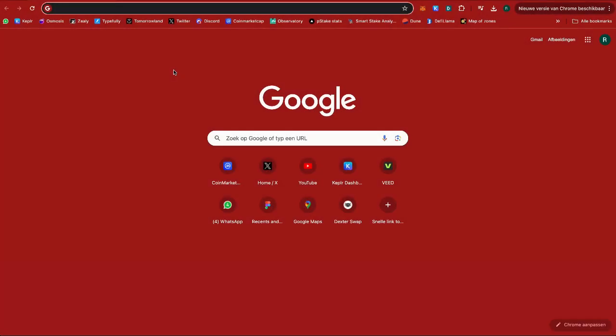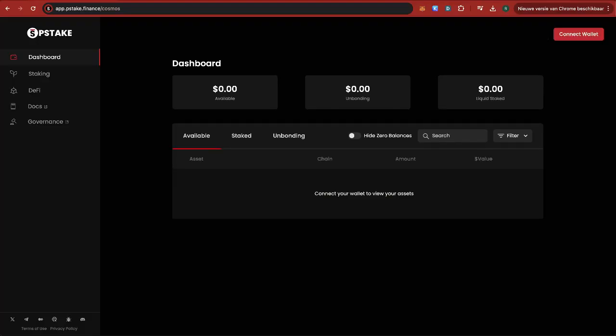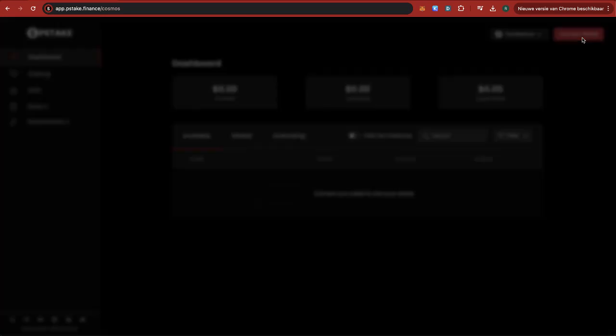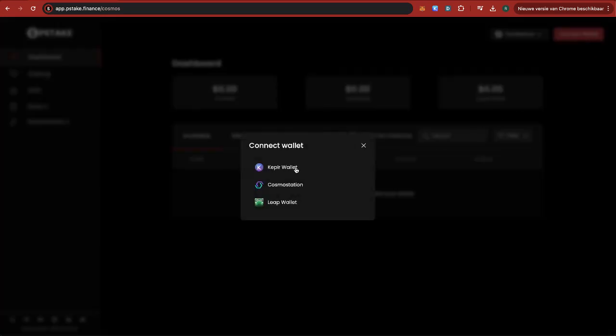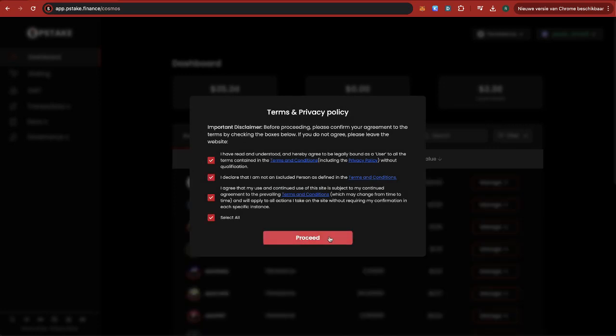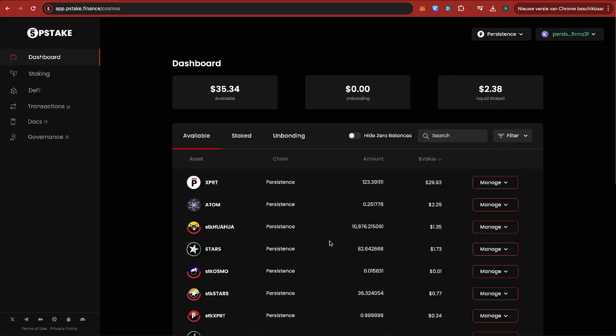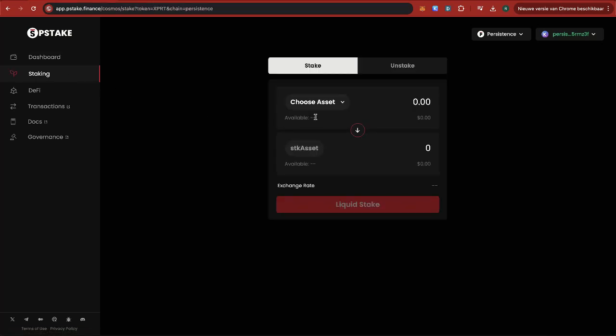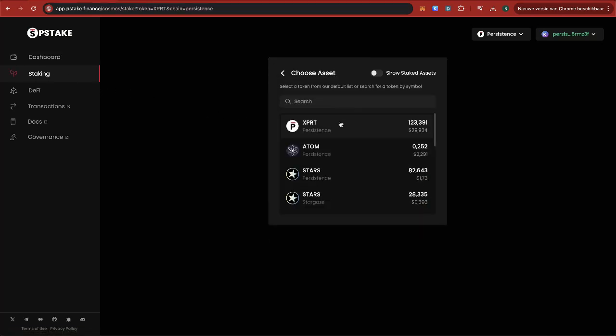To liquid stake your XPRT with pStake, start by going to app.pstake.finance/cosmos. Connect the Cosmos wallet of your choice, where you have your XPRT tokens, and agree to the terms and privacy policy to proceed. Go to the Staking tab on the left, search for XPRT under the Choose Asset tab